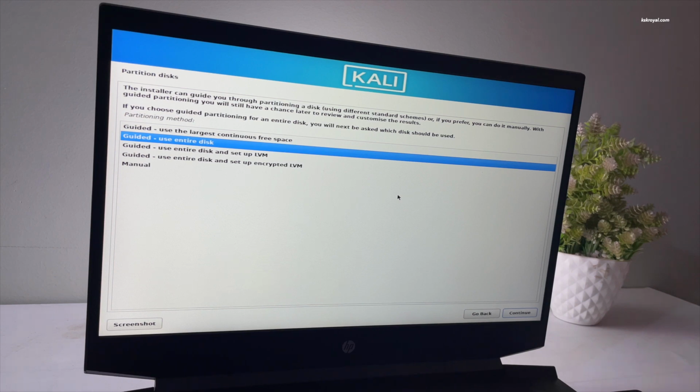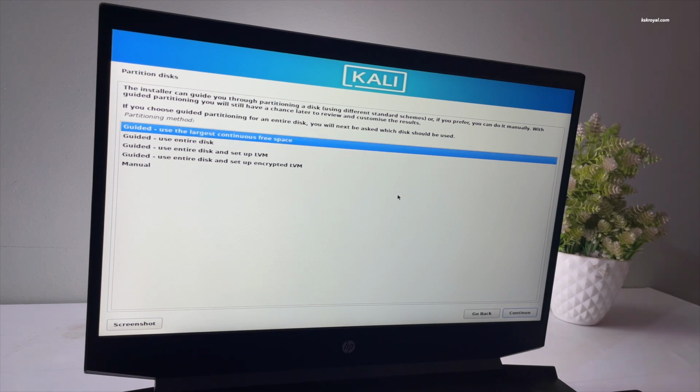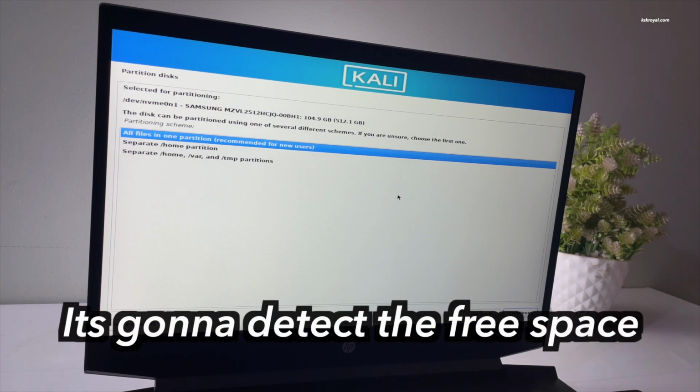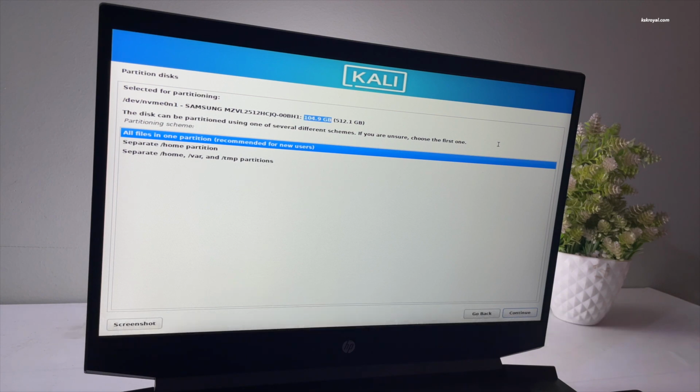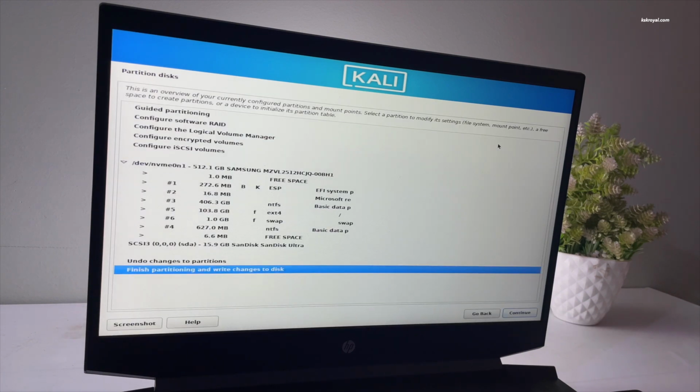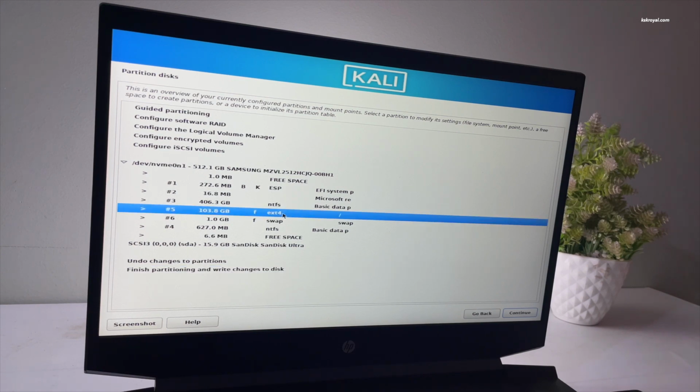But for now, I'm going to choose the first option. Now as you can see, these are the two new partitions it has created, and click on continue.